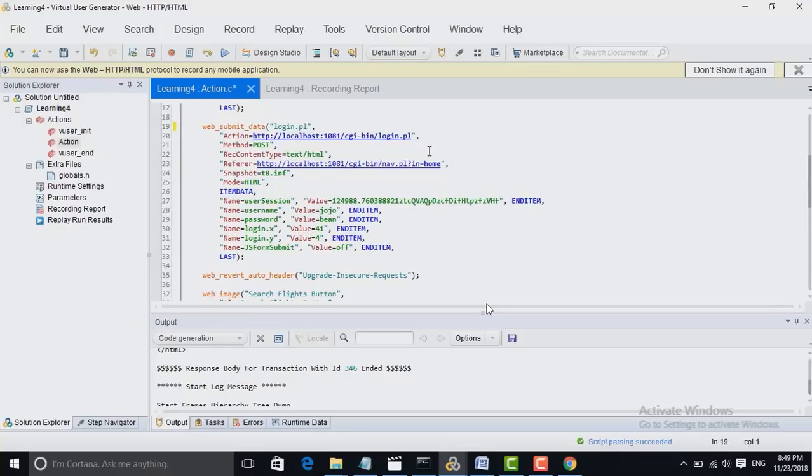Now this is localhost 1081. This is our website. You can see this is